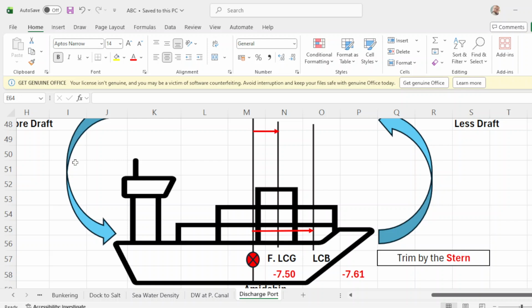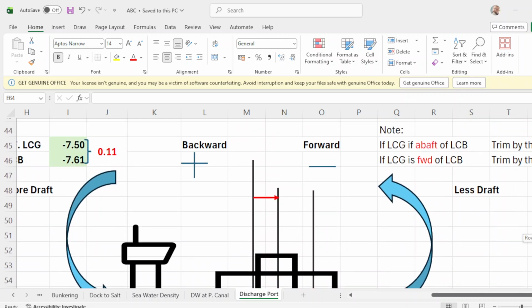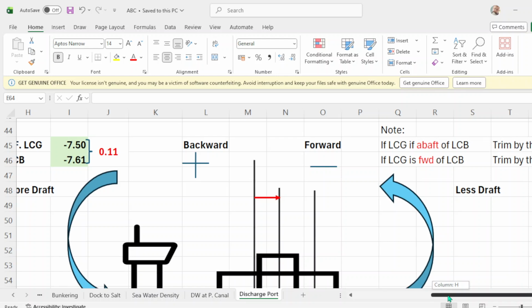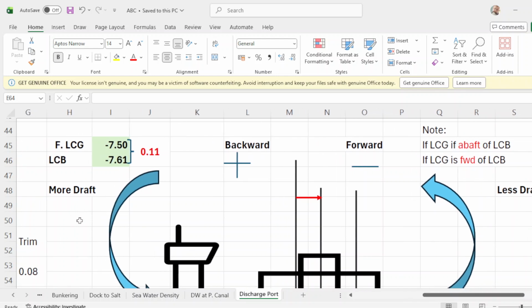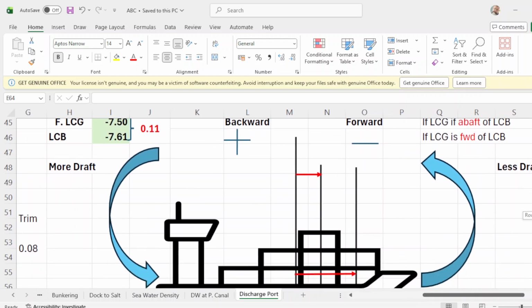That's why your weight up here is pushing it down, because you are behind the LCB, while the buoyancy of the water pushes the vessel upward. So the tendency of the forward vessel is to go up. That's why you have less drop forward, then you have more drop at the stern. That's another explanation. Okay,